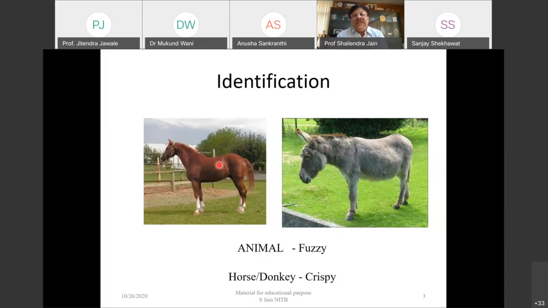Can you interchange the names of these animals? Let me call this a horse, this a donkey. Perhaps the information is correct, but not accurate. Based on the characteristics of these animals, they are characterized as horse or donkey. Based on certain inputs, certain information, we try to recognize. So the moment we see these pictures, our brain will recognize and immediately identify the species: this is a horse and this is a donkey.